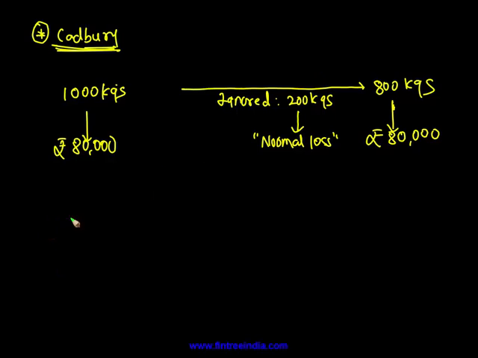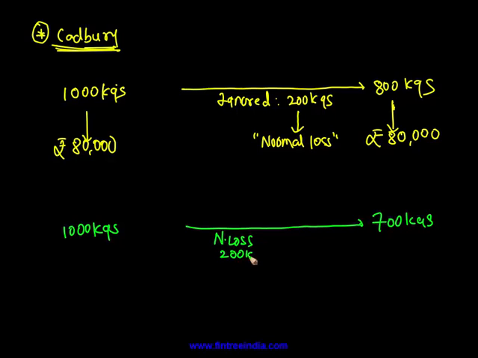Now think of a particular scenario where the company inserted 1000 kgs into the process, and then there was a loss of electricity or something else that happened during that particular line of production, and therefore they had to restart the entire process again because there's a lot of heating and cooling involved. So maybe during that particular lot of production, the output turned out to be only 700 kgs. So now what we will say is that your normal loss is 200 kg, which we ignore,